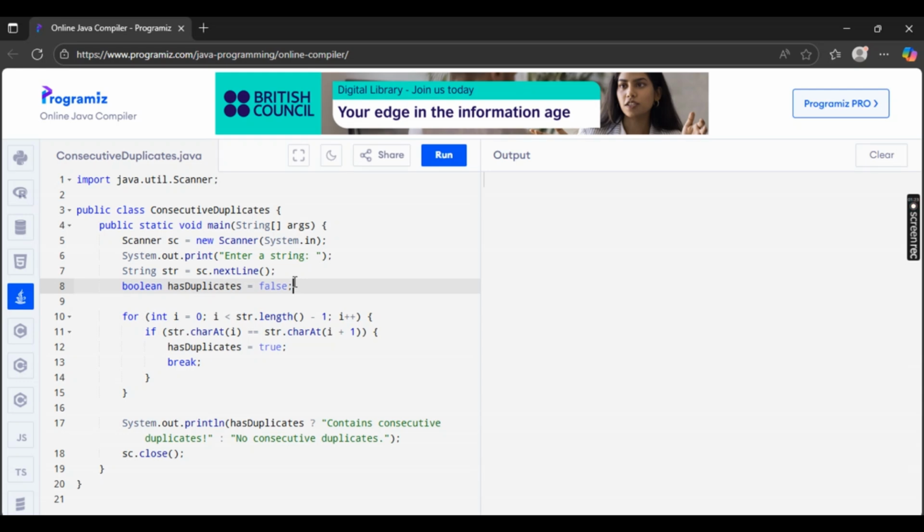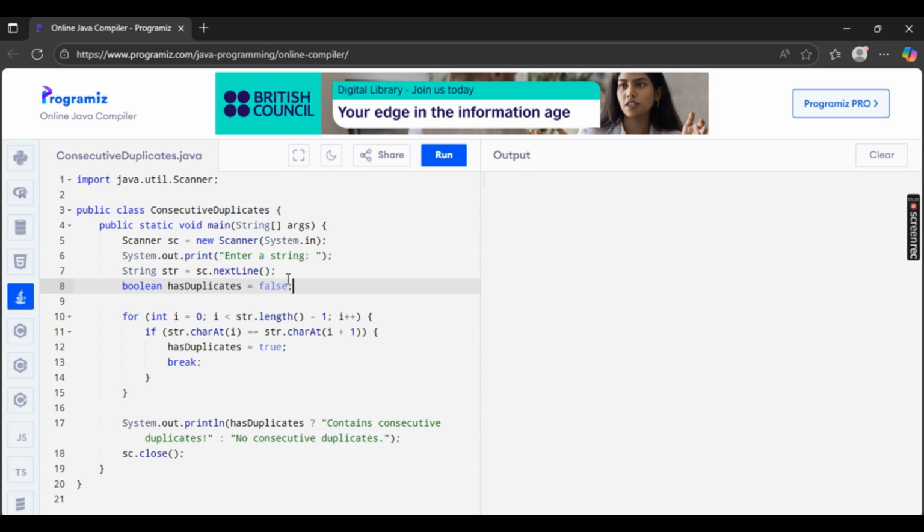Want to know if a string contains consecutive duplicate characters? So we have already created a video on how to check and remove duplicate characters, but what if they have consecutive duplicate characters? So in this video, I'm going to show you how you can just simply recognize them and